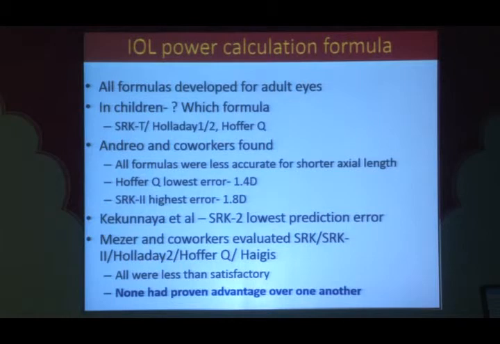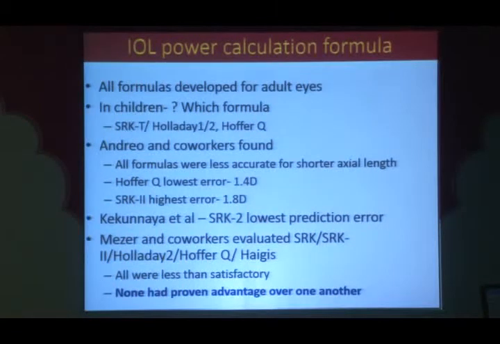So, generation 2 theoretical formulas have been found to be more accurate in infants and children with axial length less than 20 millimeters. Various studies have been carried out, and the consensus of these studies was that there is no suitable pediatric IOL calculation formula at present, and all these formulas were less than satisfactory, and none had proven advantage